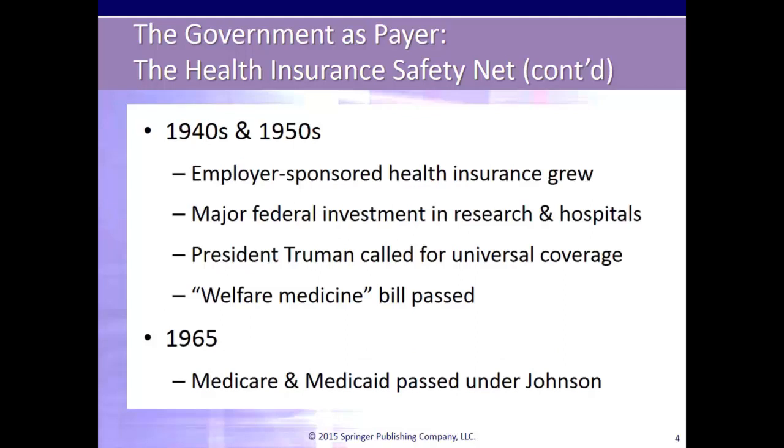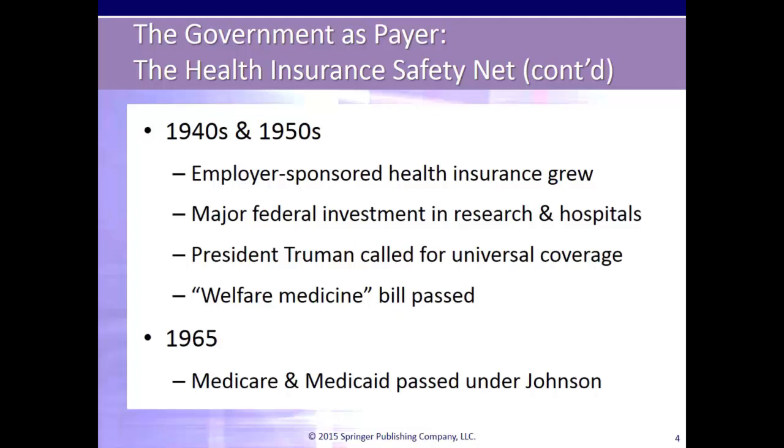Following World War II, the federal government provided a significant incentive for the purchase of private health insurance by making insurance premiums provided through employment tax exempt. This benefit allowed workers to essentially get wage increases in the form of health insurance benefits that were not taxable. The federal government also supported hospital construction during this time by passing the Hill-Burton Act, which gave hospitals grants and loans for construction if they agreed to provide services to persons who were unable to pay. By the mid-1950s, employer-sponsored health insurance was the primary means for Americans to afford the rising costs of health care.